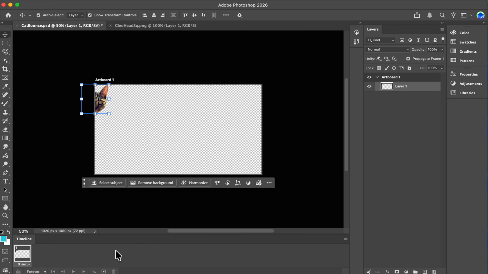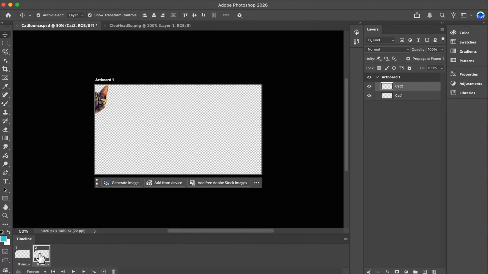Let's make a new frame. What you do here is go to the bottom of your timeline. Hopefully you can see it. There's a trash can and a little plus in a square. I'm going to click that. And now I have two frames, 1, 2. Go to your second frame. And you see here you have two layers here too. If you want, you can rename these. We could call this one Cat 1 and this one Cat 2. You double click to rename.